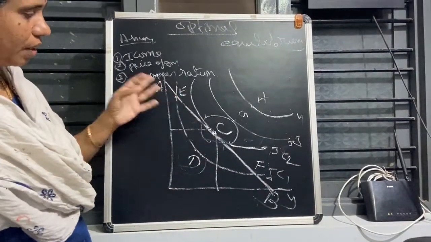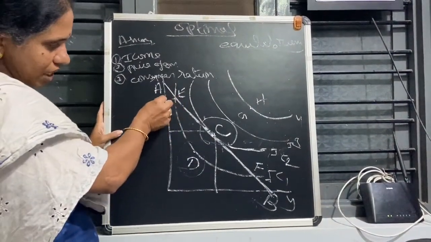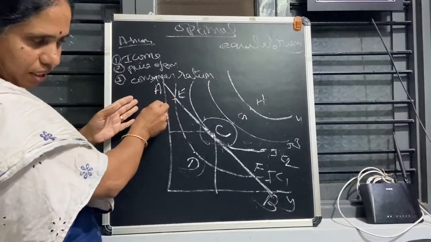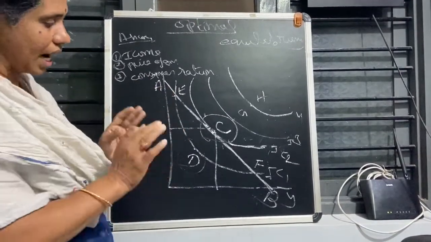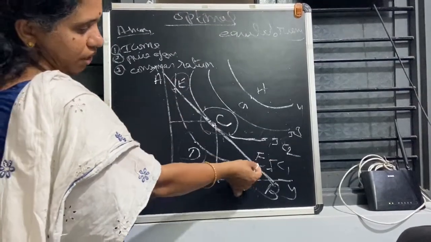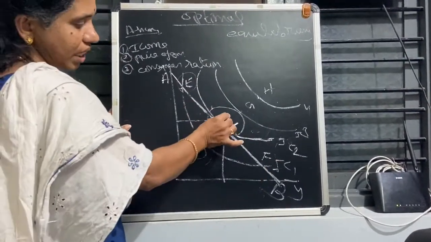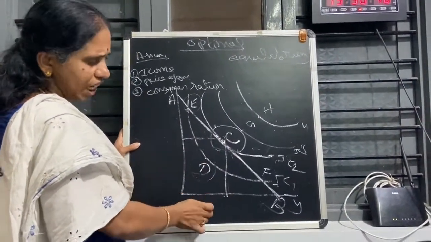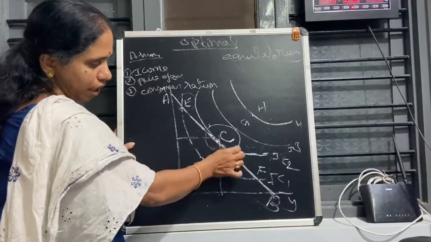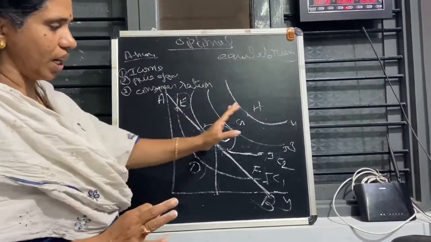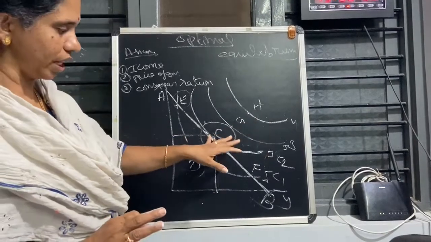Because here at E, you are able to buy less of this good, or less of that good. One good is more, one good is less. That is not a rational choice. Another thing, you will be confused, since E and F are also the same level of satisfaction. But at C he is able to get both the commodities at an equal level. So he'll try to take only C. And G is beyond his ability to pay, so you cannot take it as the G point. He has to take only C.